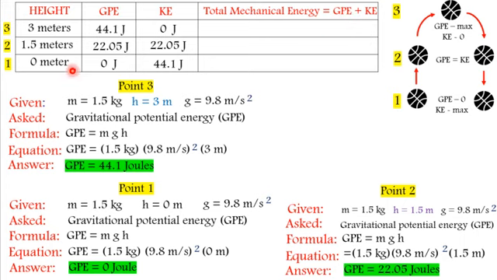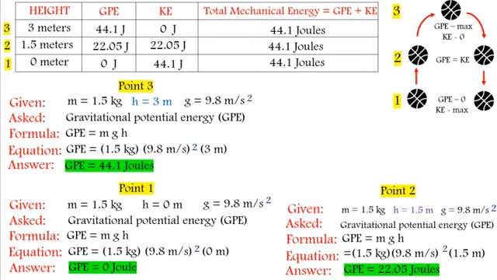At point 1, 0 plus 44.1 joules is equal to 44.1 joules. At point 2, 22.05 joules of GPE plus 22.05 joules of KE is equal to 44.1 joules. And at the maximum height, which is at point 3, 44.1 joules of GPE plus 0 joule of KE is equal to